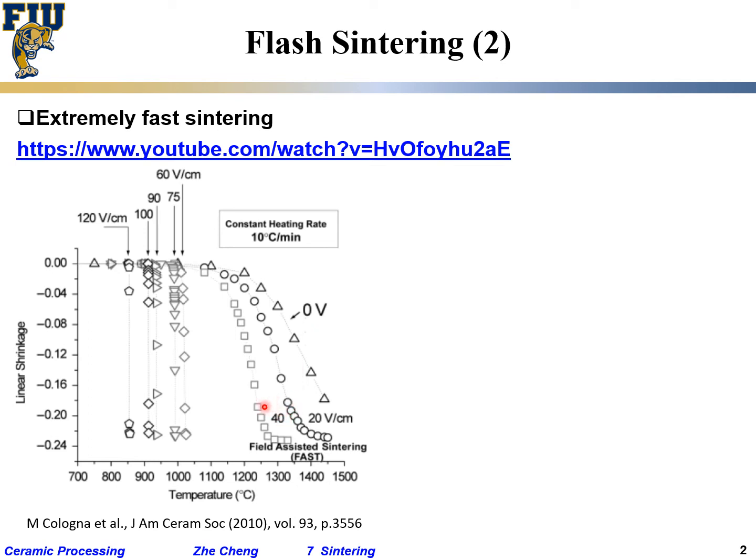Now the square is for 40 volt per centimeter. That's your electrical field. And then still you do this experiment. You gradually heat up your furnace. Initially no shrinkage, and then similarly around 1100 it starts to bend down, which means it starts to shrink. But it shrinks even faster. Remember here the temperature 1200 does not mean your sample temperature. It just means your